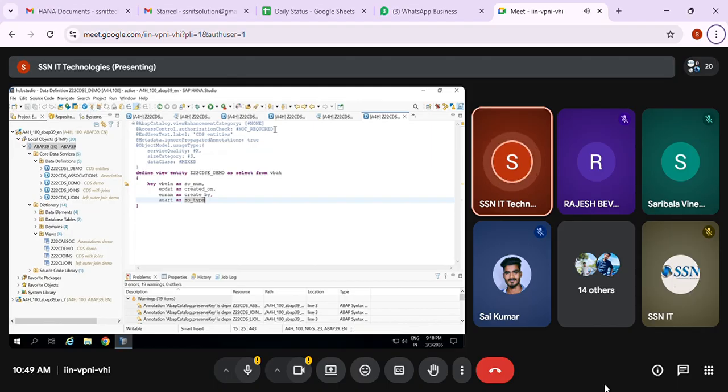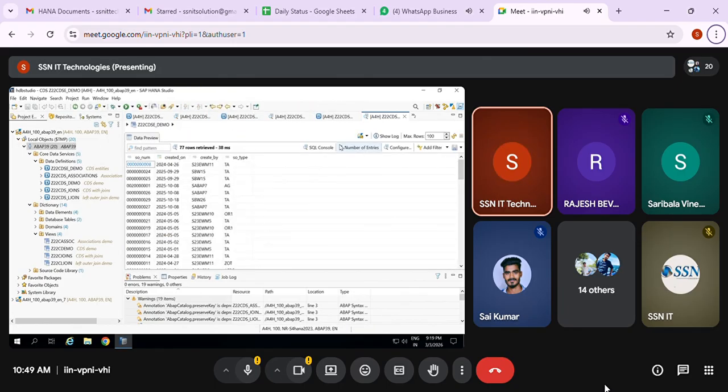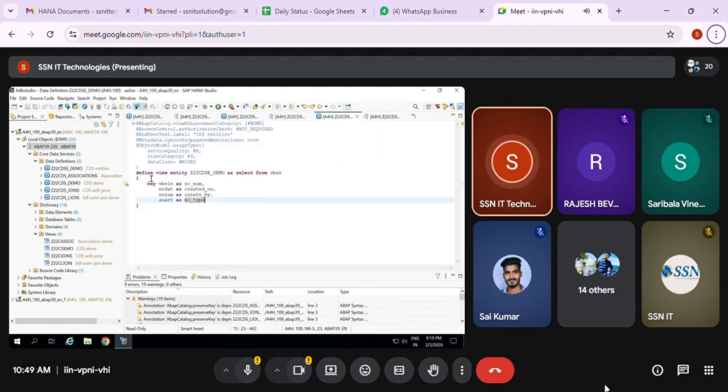So it is activated. Now I'm just going to run as ABAP application, same. Then what's the difference? There it is define view, here it is define view entity. At the time of define view, we are giving the SQL view name also. But now see here, there is no SQL view name created with this. It's having only one name. It is visible only at the data definition level. We don't have the dictionary view here in the case of view entity. That is the main difference. Clear, ma'am?